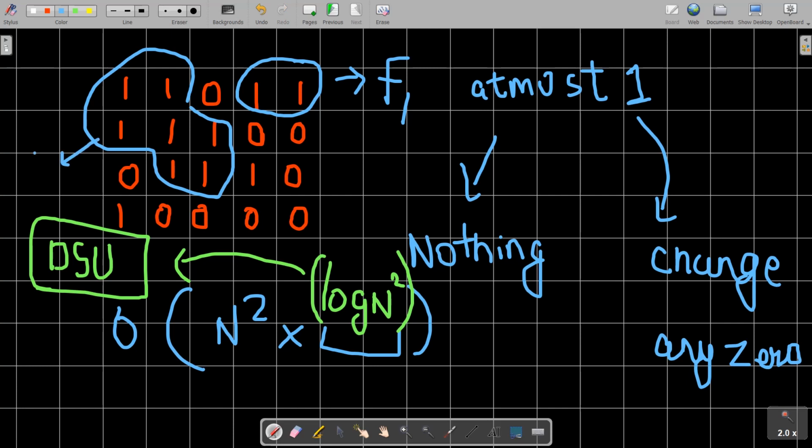Okay, now again you can see another adjacent cell is this one. This is already lying in this connected component, so again the parent of this one is f2. So what you are going to do is find all those distinct parents of the adjacent cells' connected components, and you can see that here it is f1 and f2.